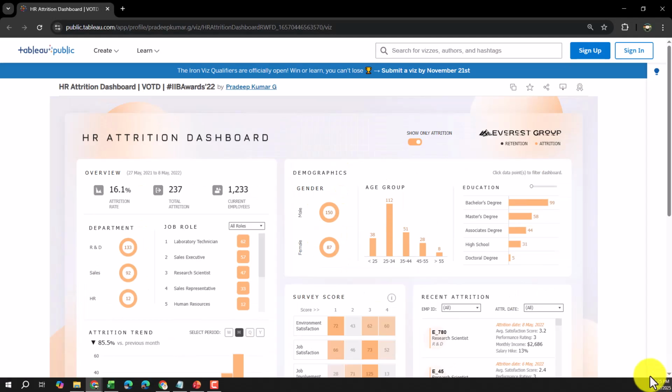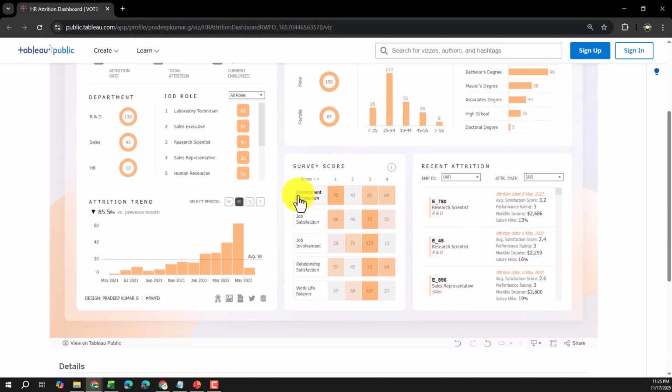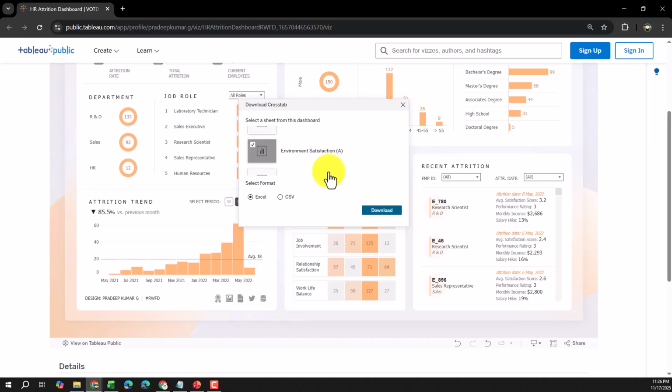All right, if you exit full screen, you have this. Let's say you click on the survey. Let's say you click on environment satisfaction, and you try to download the data here. Choose the format to download. All right, you want to download crosstab. All right, you have